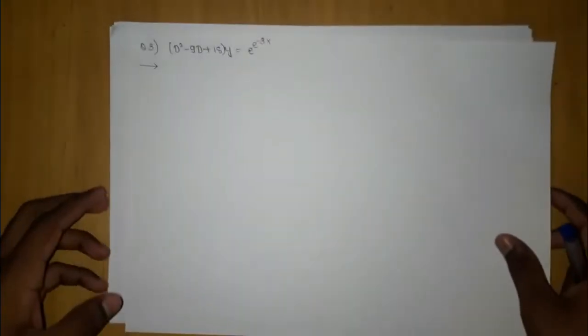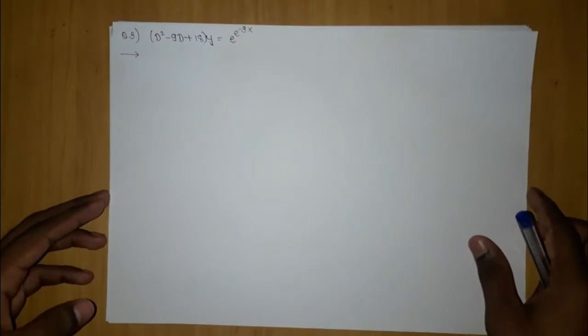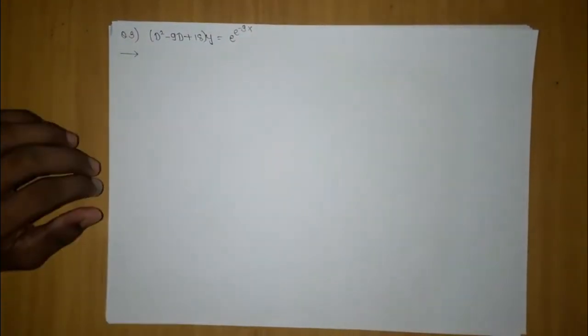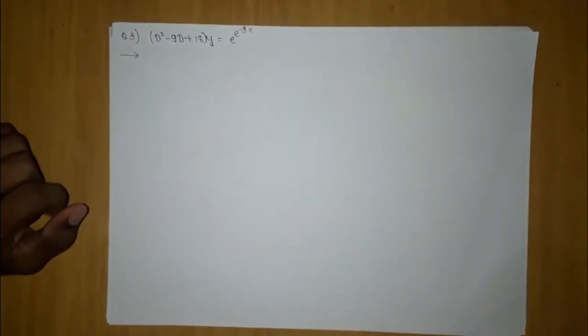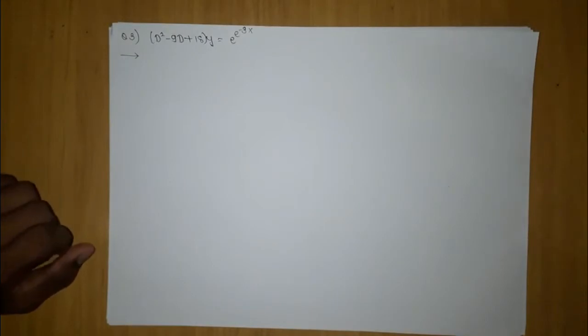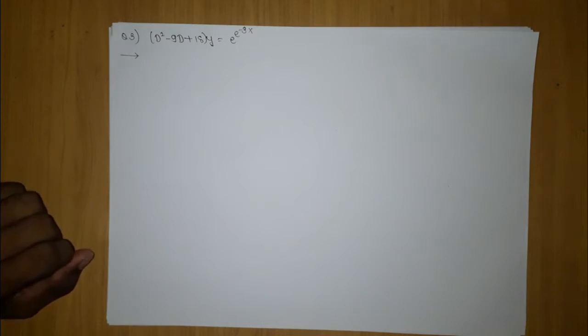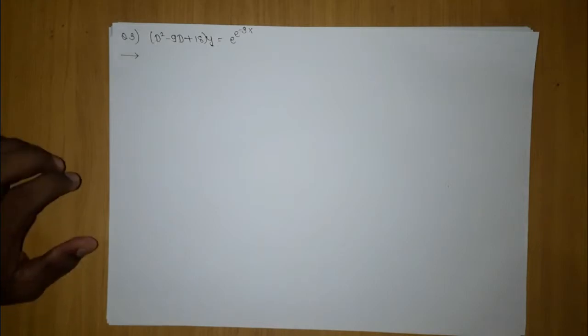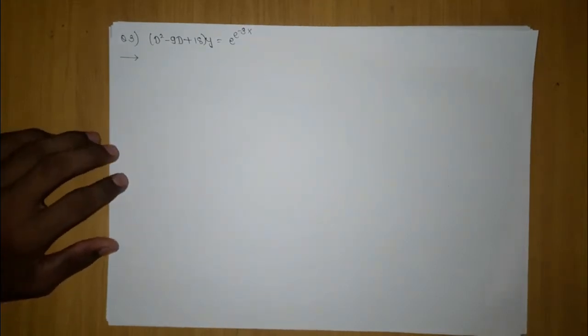So the third question which we are going to take is this one. What we are going to do, first identify whether it is type 7 or not. Yes, it is type 7 because on the right side it is a composite function. Now which method should we go for solving this, first or second? We should go for breaking the roots and using that formula, or go for partial fraction? We should not go for partial fraction.